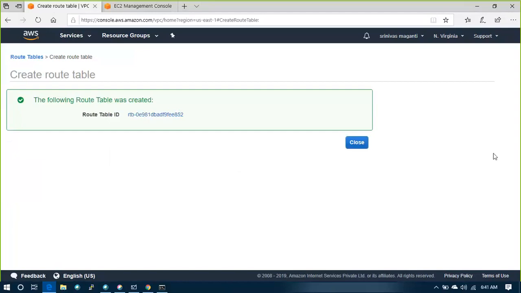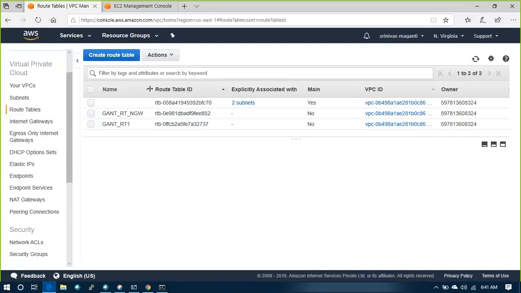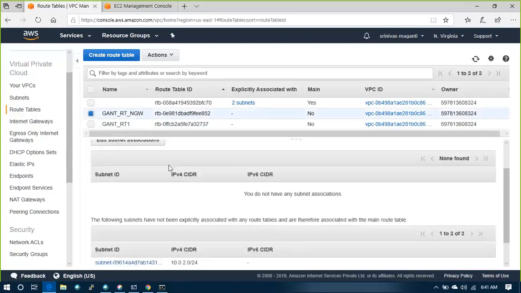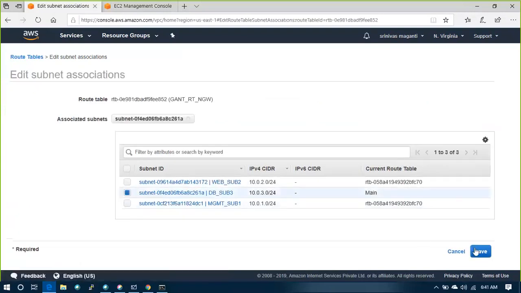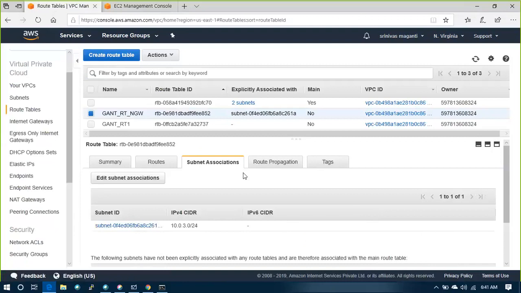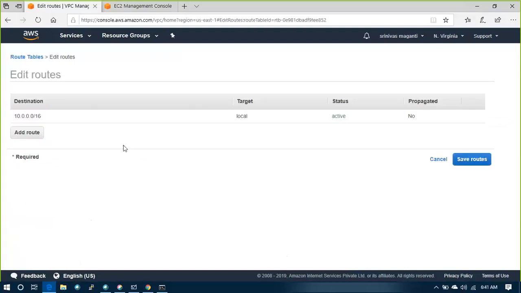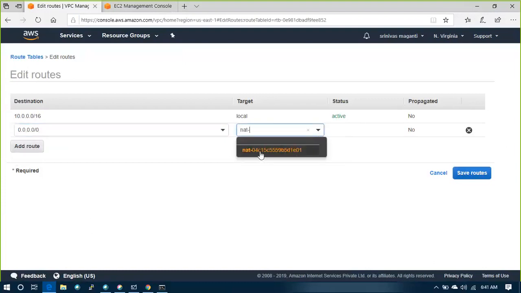Create. So in this subnet associations, what I will select, only DB. So only DB will use this route table. And in the routes, what I will do, I will add 0.0.0.0. Here I will select NAT gateway which we have deployed.